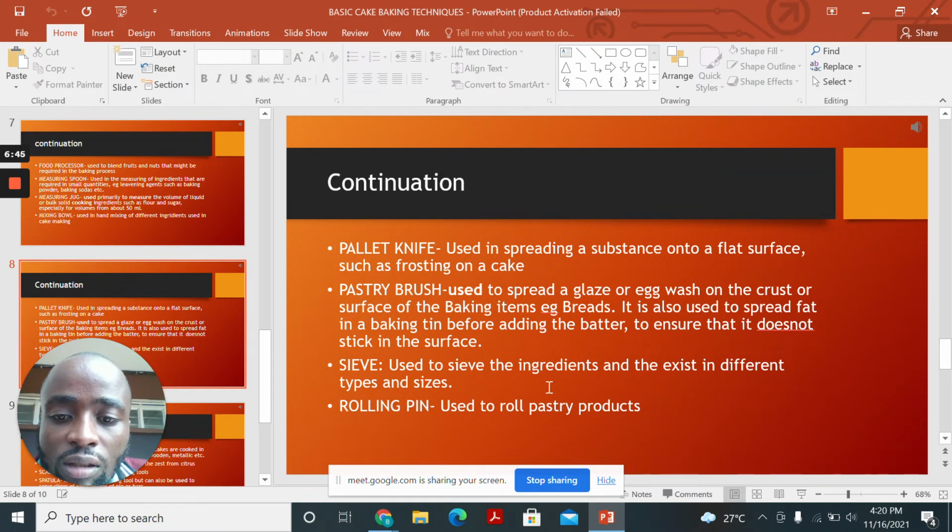Then you have the sieve, and we say that a sieve is used to sieve the ingredients, and they exist in different types and sizes. So we have different types of sieves that are used in baking. They come in different sizes, different shapes. So they are used to ensure that the ingredients are sieved. Like we said, in baking, it is important to sieve things like flour, sugar, so that we can allow air